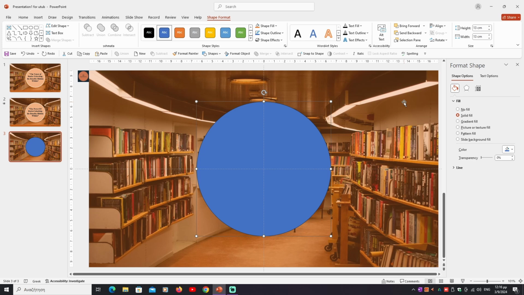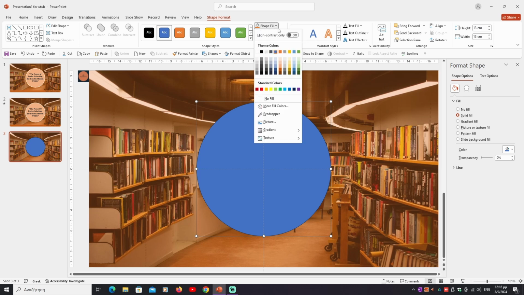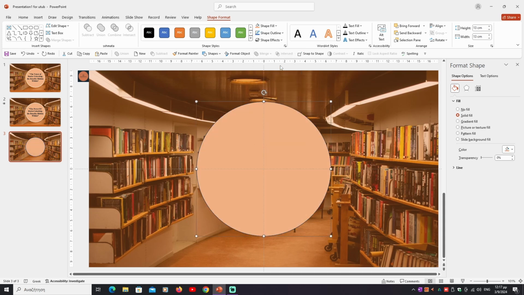Now with the circle clicked, we go to Shape Format to choose an image-compatible color for the circle, the same color as the rectangle. We go to Shape Fill, choose orange, the third in a row. To emphasize the circle that will contain the title, we will highlight the outer line and put in shadow and glow. Format Shape,